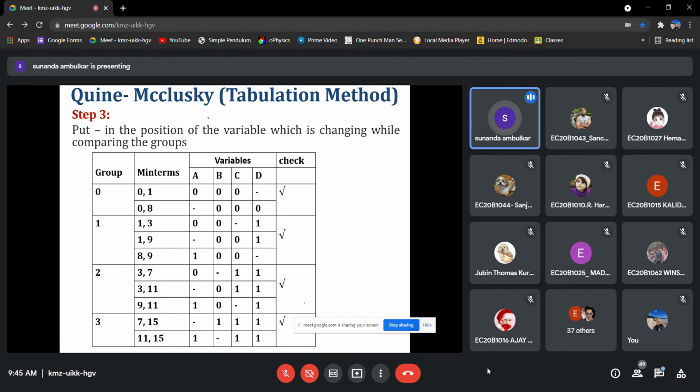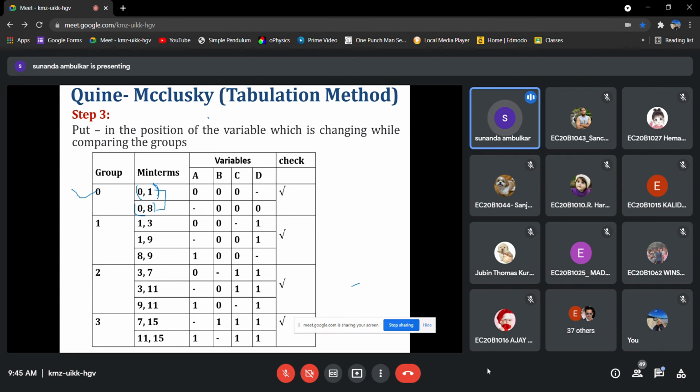We will compare only with the one variable change in that particular member of the group. Group 0 here contains two members: 0-1, because 0-1 indicates these two have been compared, and 0-8 indicates 0 and 8 have been compared.